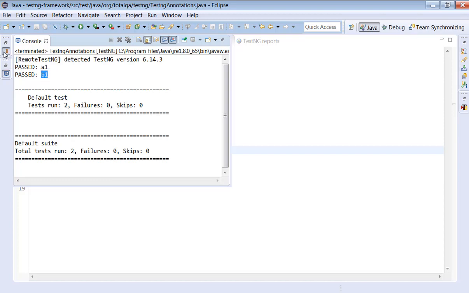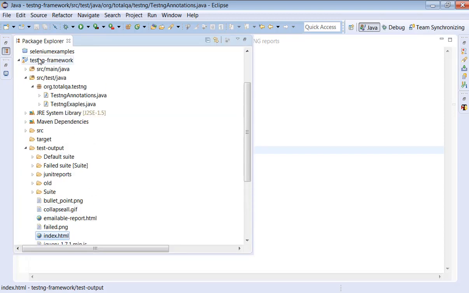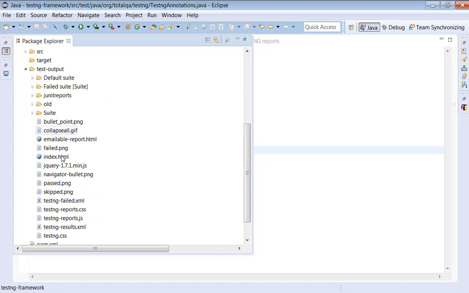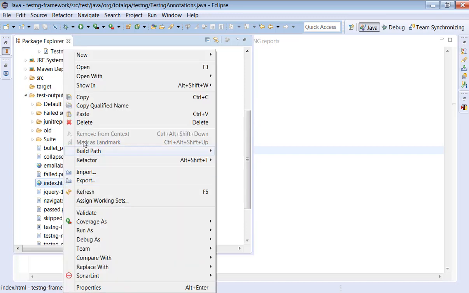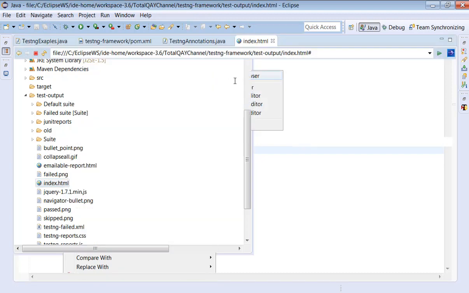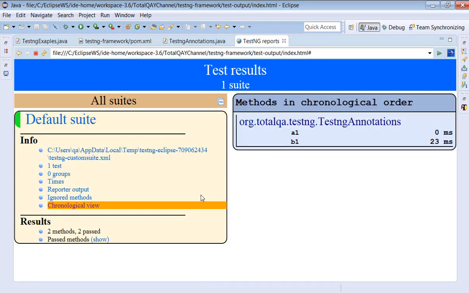Also click on Package Explorer, select the project, right click, refresh the project, then right click on the index.html in the test-output folder, open with browser. Now it shows a1 is executed first, b1 is executed second.